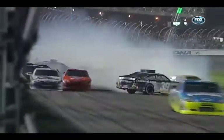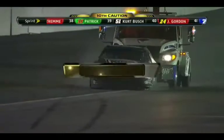I believe the 20 nudged the 6, and then put him into the side of Tony. That's what it looked to me like may have happened. Michael, how do you see it? What do you see, bud? It just